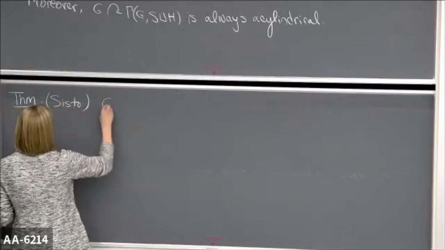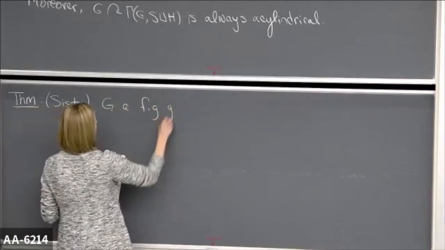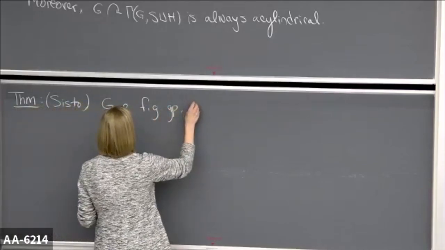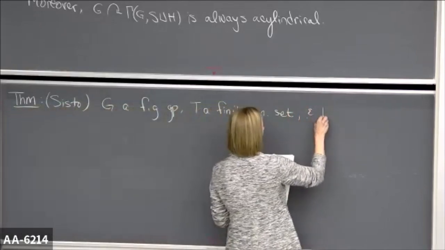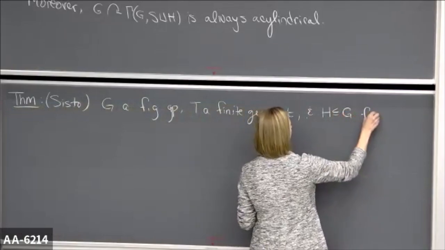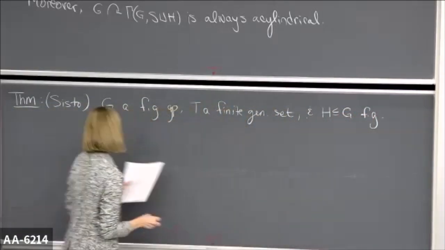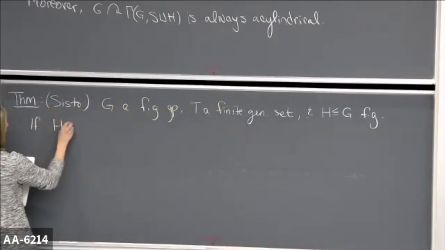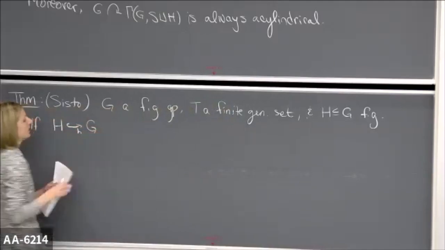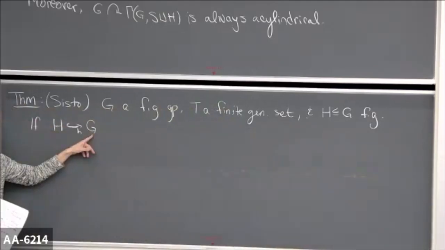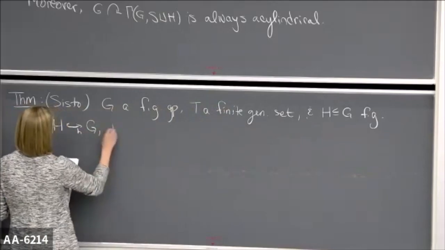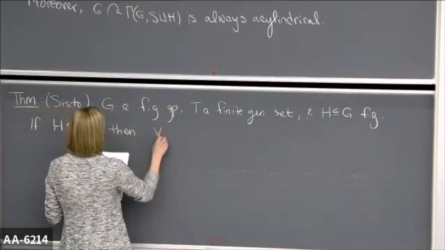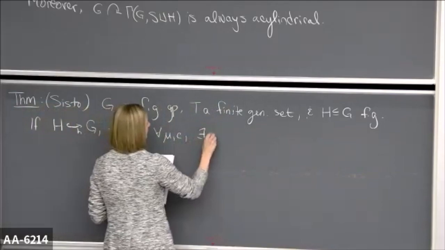So Sisto shows that if G is a finitely generated group, and let's say that T is a finite generating set, and H is a finitely generated subgroup of G. So if H hyperbolically embeds into G, and here I'm not specifying the relative generating set, that just means there is some S, maybe finite, maybe infinite, we don't know. But if H hyperbolically embeds in G, then for all constants mu and c, there exists a constant M,